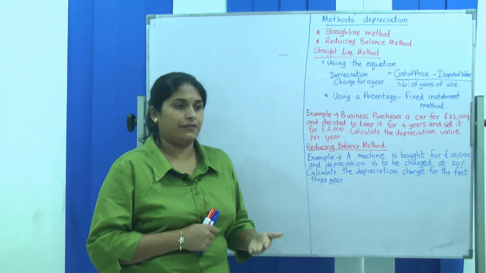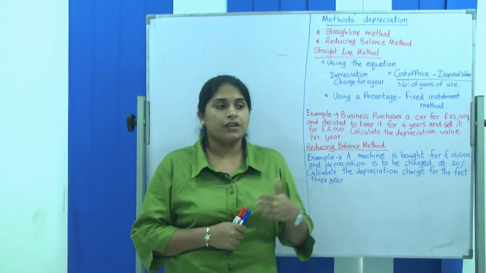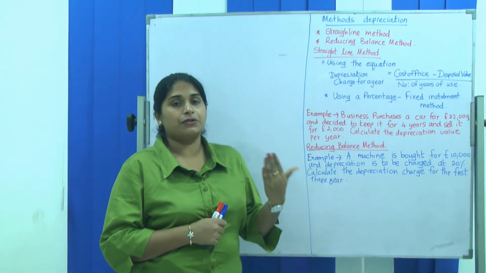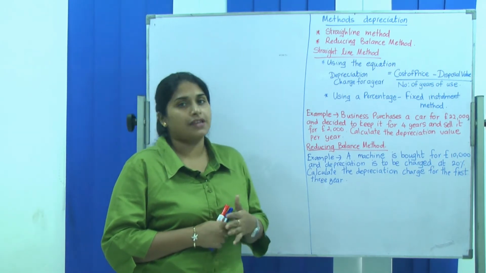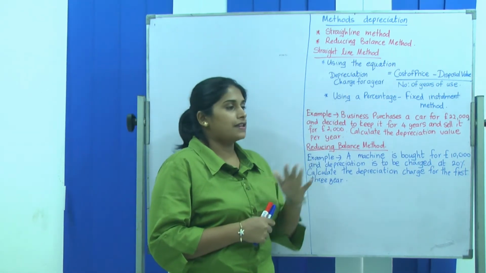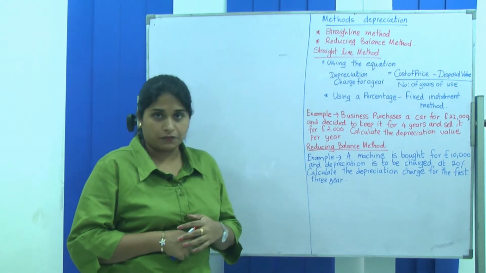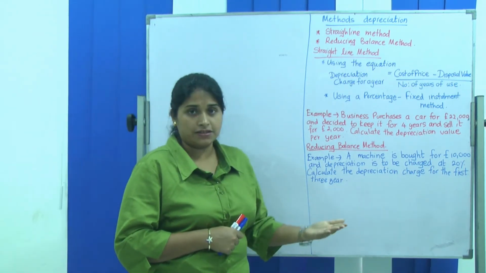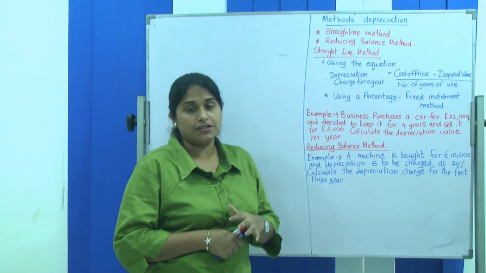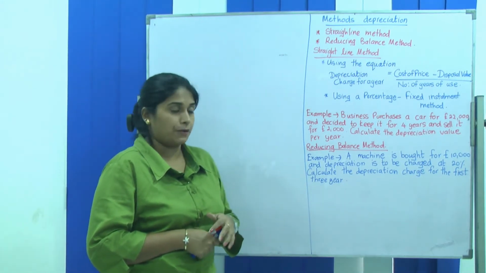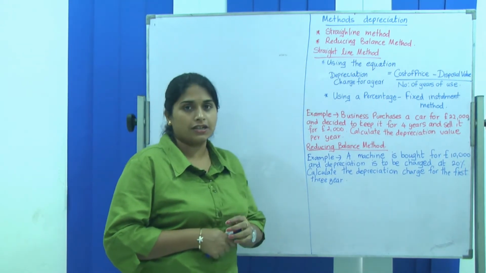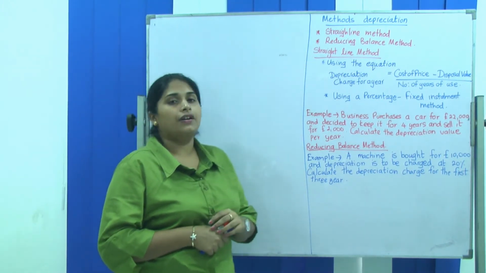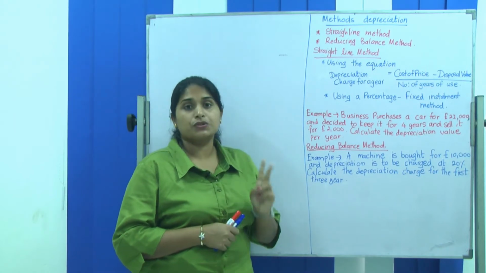For example, even when you use a pair of shoes for a longer time, you will be able to see that the sole of the shoe has been depreciated. So depreciation means while using an asset of a business for several years, the monetary value of the asset decreases because of the usage. That is called depreciation. The depreciation of a particular asset can be calculated using two methods.